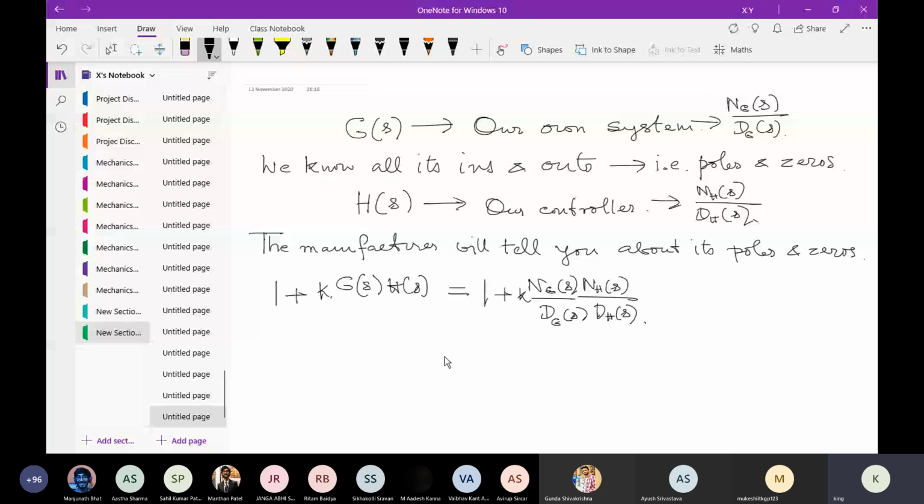And when we set this equal to 0, we get dG dH. So we are actually looking at